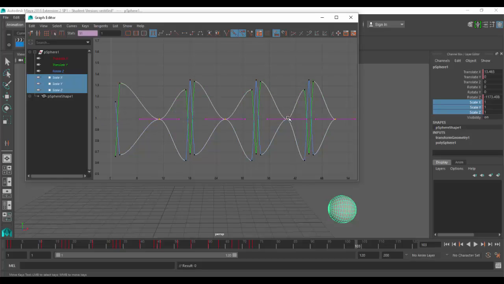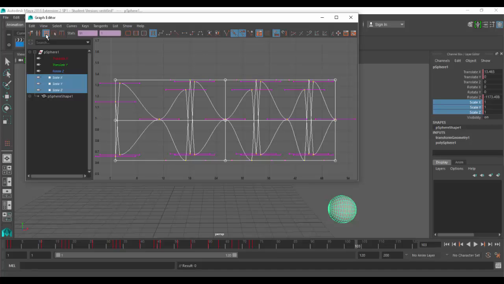Okay. Then what I want to do is, just like we did on the translate Y, where we gradually lessened and lessened and lessened that translate Y, I want to do the same thing for this. So here's a quick way to do that. If I grab all of these, somewhere up here, I think it's this guy. This is called a lattice. And what it allows